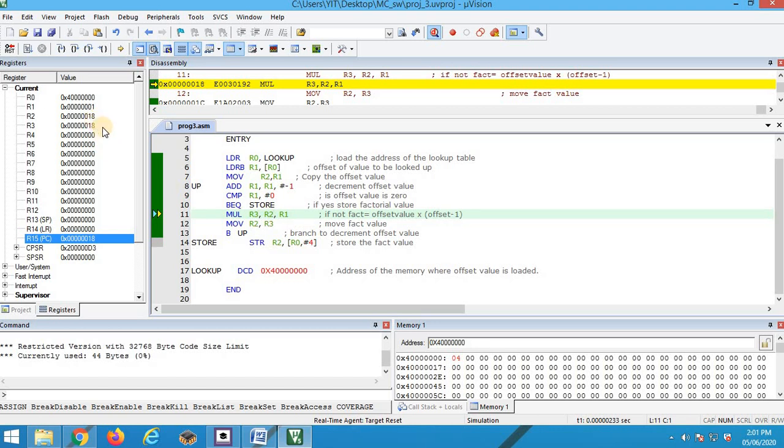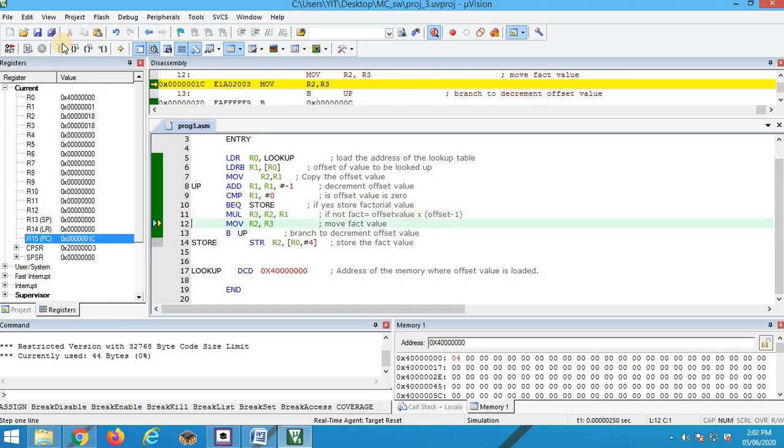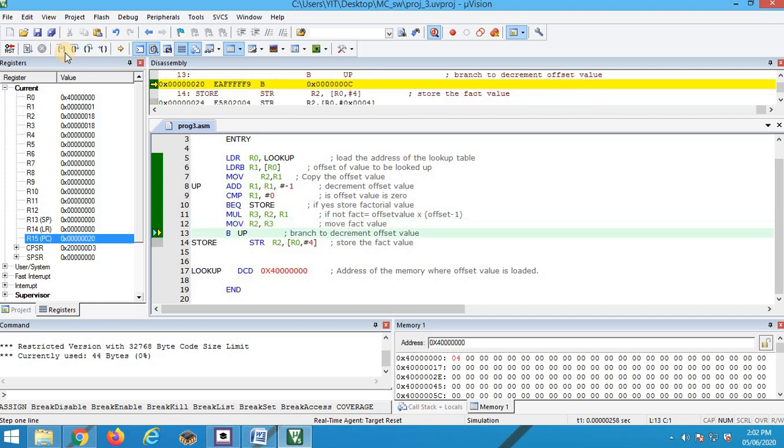R2 contains 18. 18 you will be multiplying with 1. 18 into 1 is 18. 18 in hexadecimal is, in decimal, how much? It is 24. So R3 will remain at 18 again. Move R2, R3. Whatever is there in R3 will be stored in register R2 also. R2 also becomes 18. No change actually.